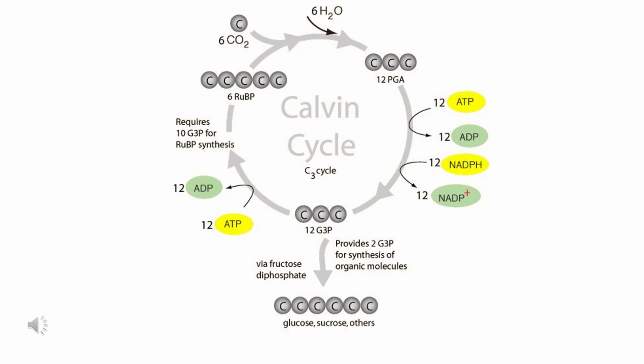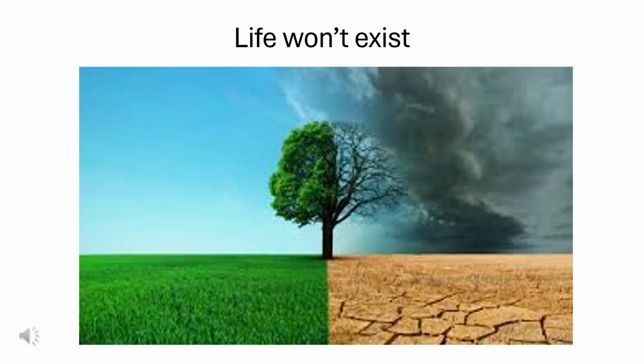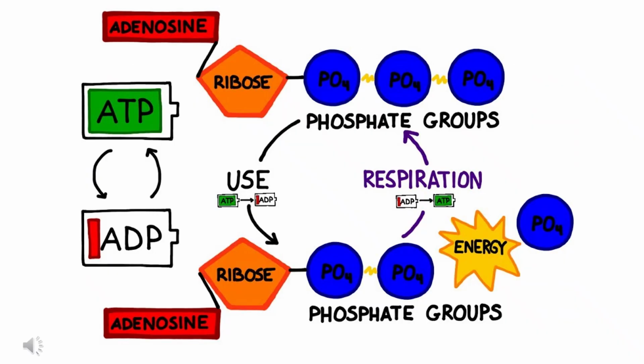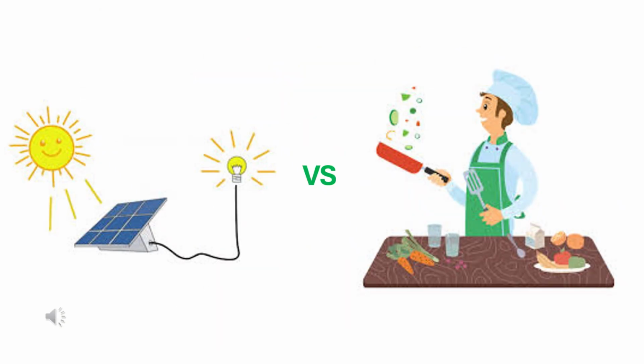ATP is also found in the carbon cycle that is called the dark reactions. Here ATP provides the energy to turn carbon dioxide into sugars. Without ATP, plants couldn't build glucose, and without glucose, life as we know it wouldn't exist. What makes ATP so special is that it is always ready to use instantly. It is the bridge between capturing sunlight and creating food.